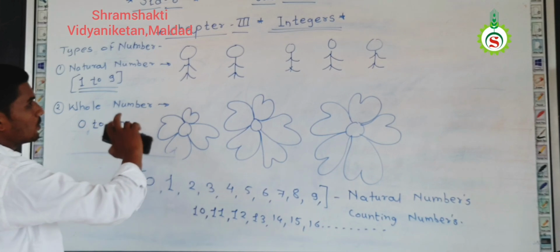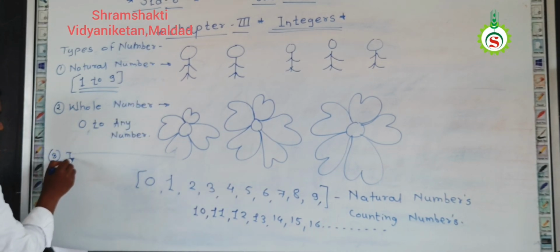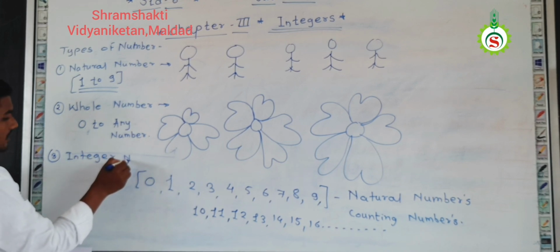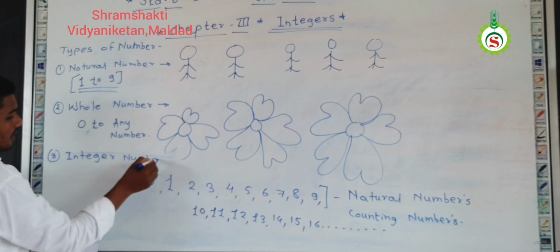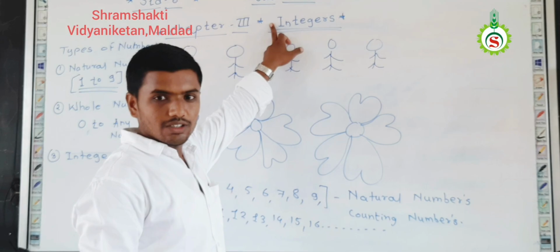Now the remaining type is the third one, that is integer numbers. And our chapter name is also integers. So what is the